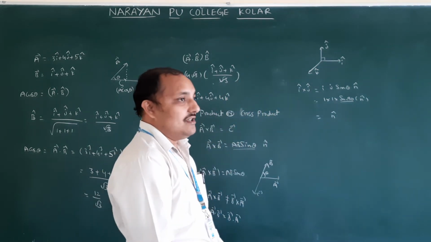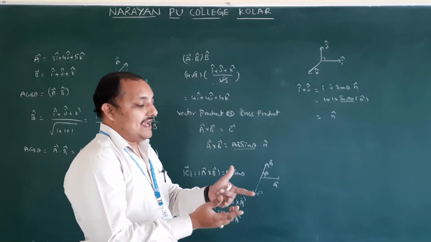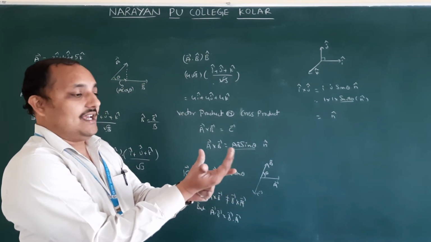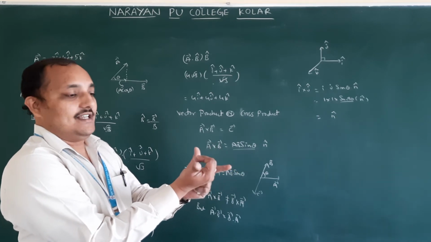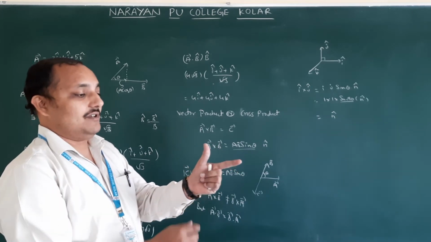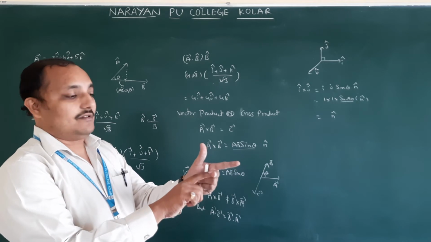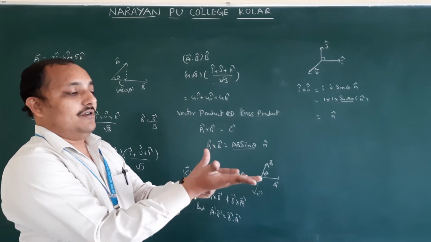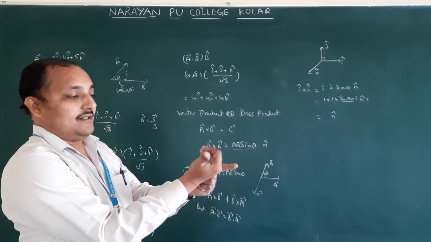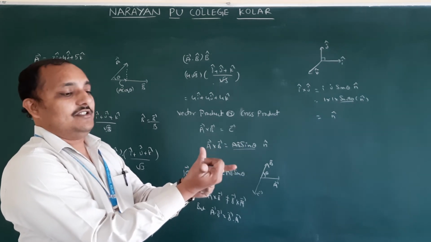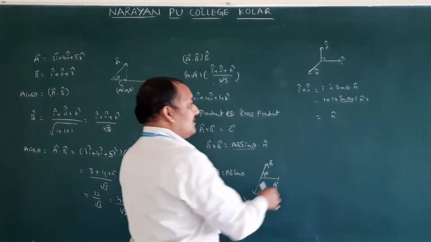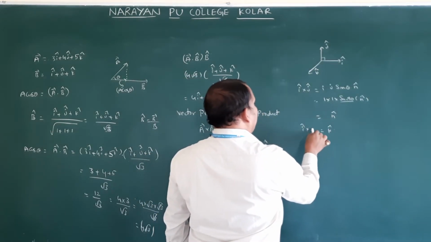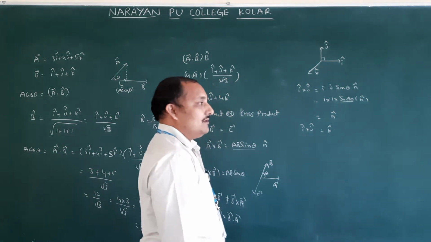Now, if I am multiplying i cap cross j cap like this, the resultant is coming in the thumb direction. What is there in the thumb direction? This one, what we said i j, this is nothing but k. Therefore, if you do i cap cross j cap like this, you get the resultant n cap, which is nothing but k cap. i cap cross j cap is equal to k cap.